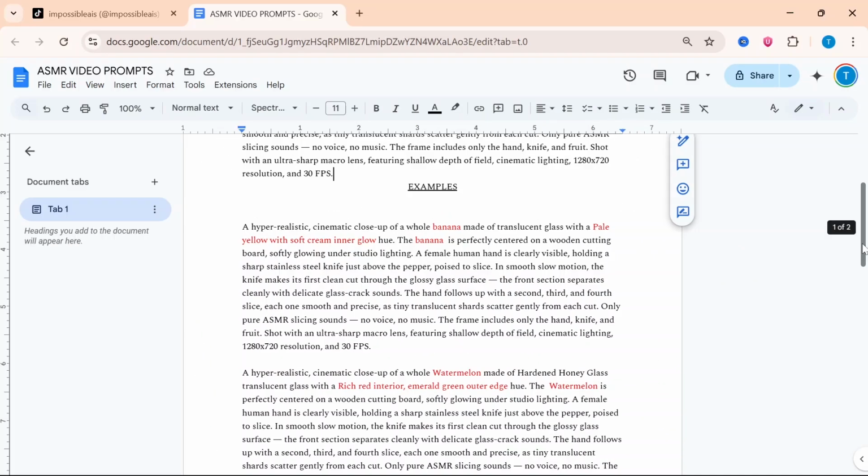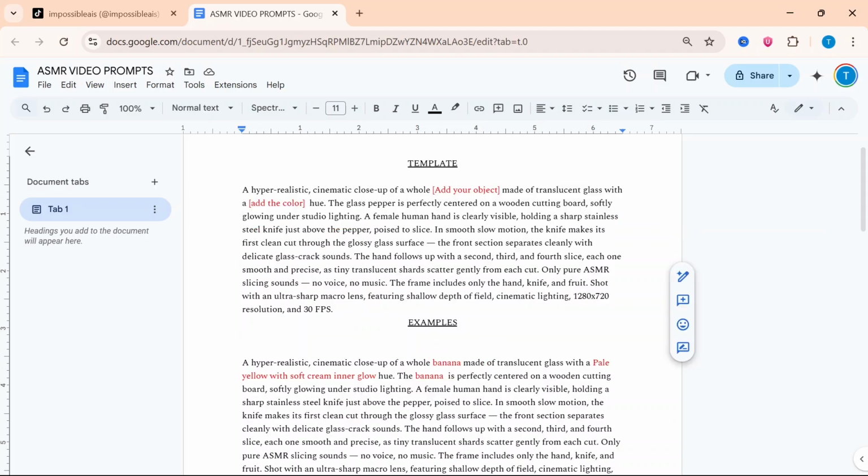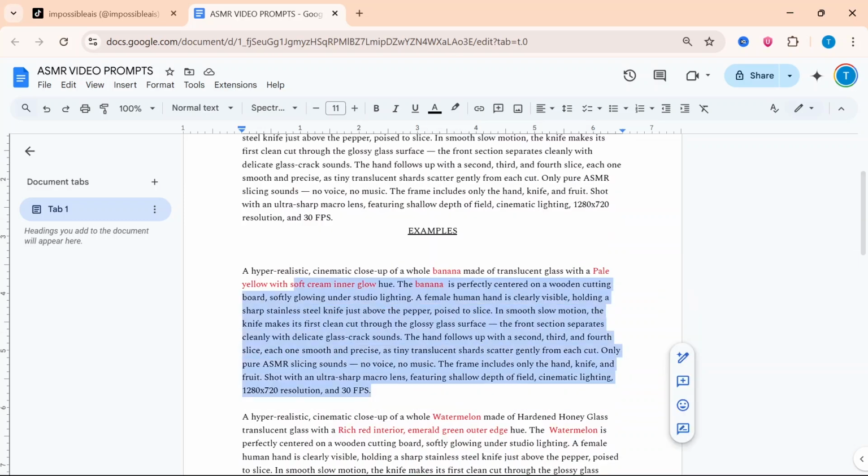As usual, we are starting with a prompt, but this time I did not go into detail on how I created these prompts using ChatGPT, but rest assured you'll find them in the description. Make sure to hit that link and download them. You can use them as a template, you can edit them, you can do everything you want with them. If you want to use my prompts as a template, all you have to do is edit all these red parts, only that, and you'll be good to go. I'm going to start with our first prompt, which is of a banana, and I'm going to copy it,